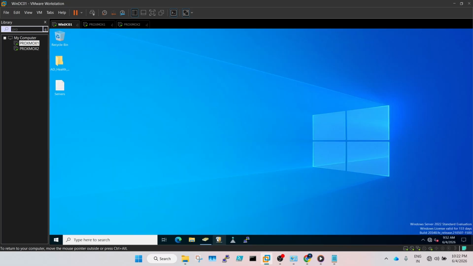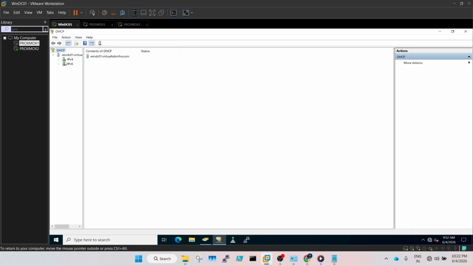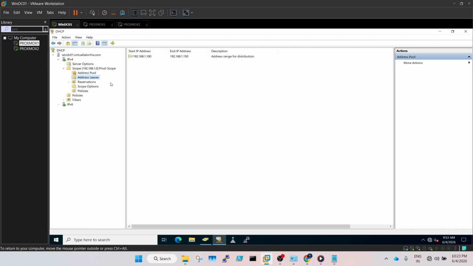As you can see, this is responsible for DHCP, so my VMs are getting IPs from this server itself. If you go to address pool, address leases,